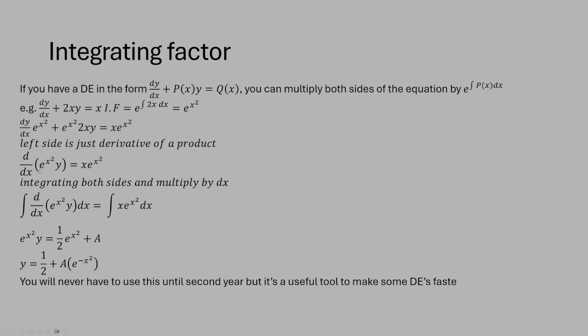So it's going to give you this, and then you can just compress this entire left side into this. Now we have this, we can just integrate both sides, and the d/dx and the integral will cancel, and all we have to do is integrate the right side, and then it will give us our answer like this. The main reason I did this is because I use this method